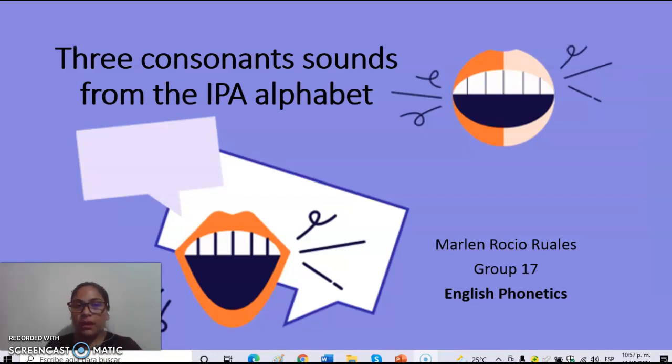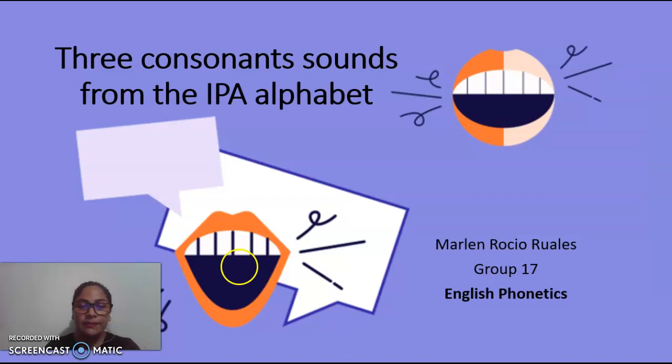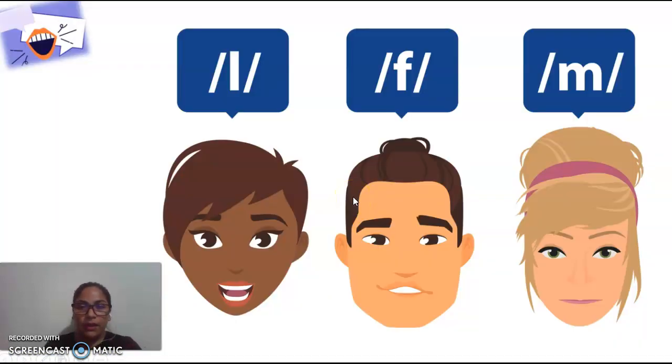In this moment, I am going to explain 3 consonant sounds from the IPA alphabet. This course is English phonetics. Next, 3 consonant sounds are